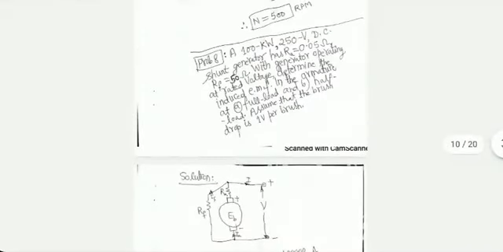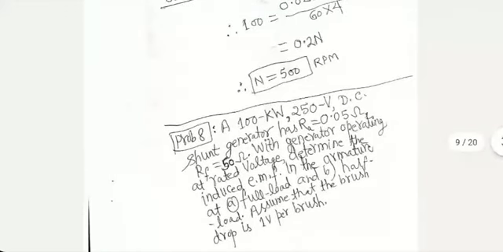Next problem is this one. By the way, nuclear turbines are also there, but they essentially are gas turbines where the heat input comes from the nuclear reactions. So they are not that different from our point of view, at least. Okay, and there are other ways of generating rotary power. Tidal power is there. So, depending on what method you are using to feed the rotary input to the generator, capital N will be governed by that fact.